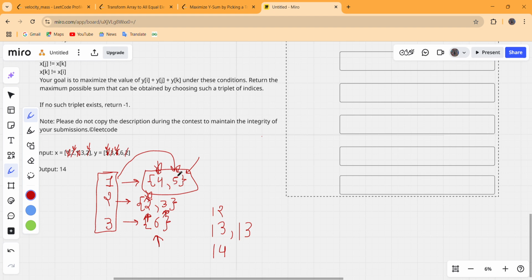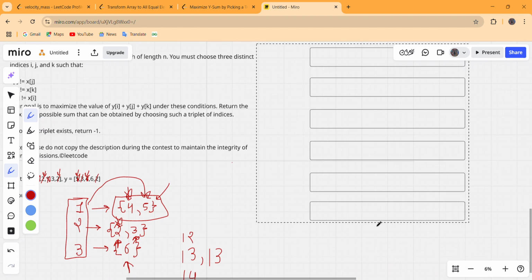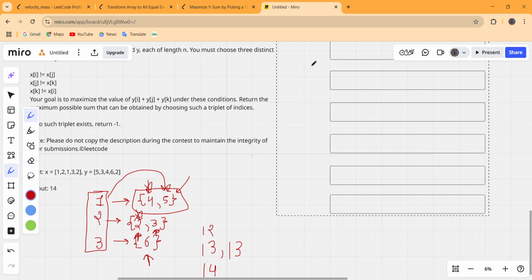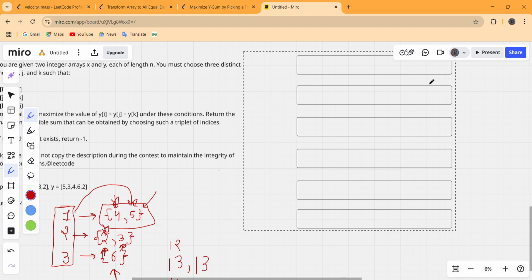Let us visualize that there is an unordered map, and we start iterating over this X, and we start putting elements of X as key in that map against a priority queue or some multiset, like suppose these are the multisets and these spaces are for keys.